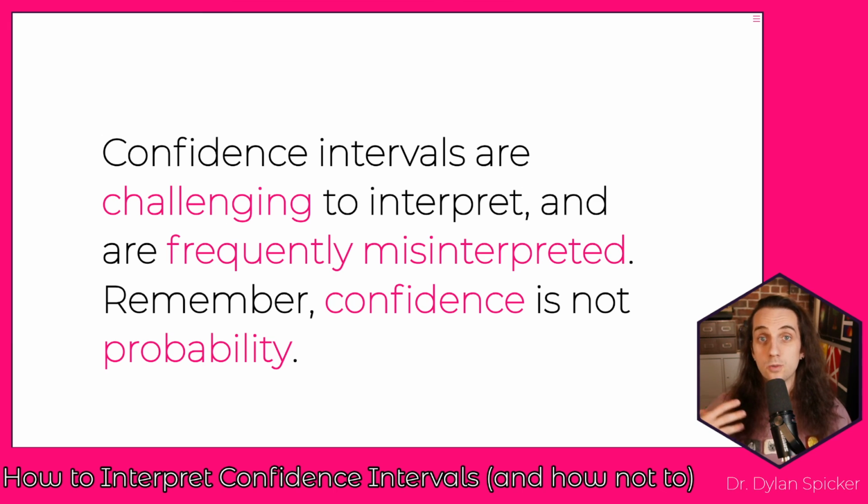Okay. So overall, confidence intervals can be challenging to interpret, and they're frequently going to be misinterpreted. The hope is to really think about how there's the probability interpretation of the process, but that doesn't apply to the specific intervals themselves. So confidence is not probability. In order to interpret a confidence interval, we need to turn towards confidence. We need to think about the width, or think about this as giving a range of different plausible values. We're not thinking about this as being a calibrated probability statement, because the probability that the true value is in any specific confidence interval is always going to be either a 0 or a 1.